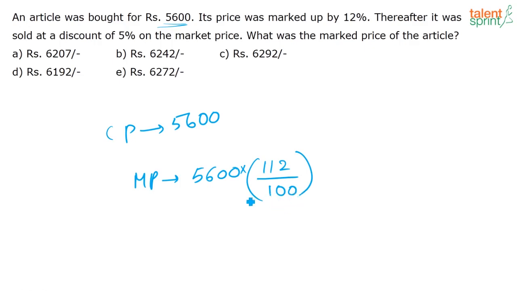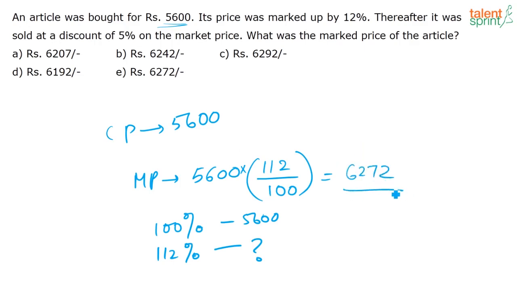So directly from this you can solve and find the answer. Or you can also say that if 100 percentage, correct, is 5600, then 112 percentage is what? So again, you didn't write these two steps itself, directly 5600 into 112 by 100. That is your answer. Okay, this is the concept. This is the easy way of doing it. So the answer for this question, if you solve this, you will get the answer as 6272, option E. I think everybody has got option E, no confusions there.